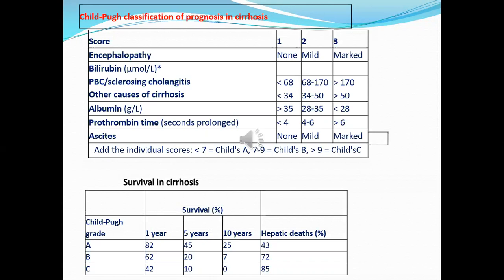Accordingly, we classify the survival according to Child A, B, C. For 5-year survival, in Child A 48% pass the 5 years. Child B, only 20% of the patients may pass the 5 years. But Child C, only 10% of the patients pass the 5 years. That means a very bad prognosis. According to this classification, Child A may be on conservative treatment, but Child B or C is an indication for liver transplant. According to this classification, we classify whether the patient needs a liver transplant or not.